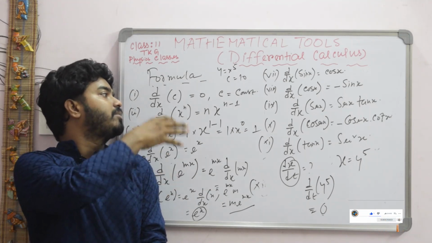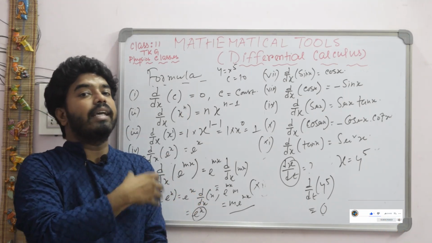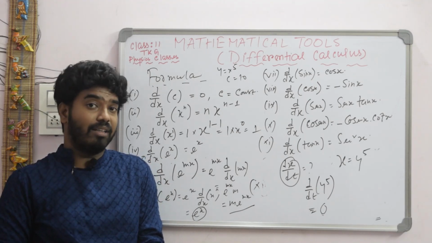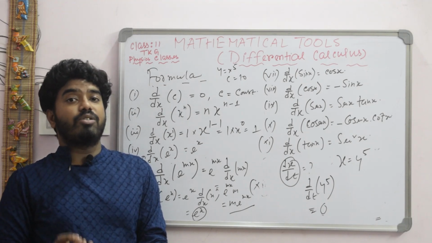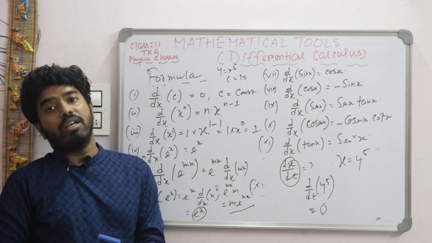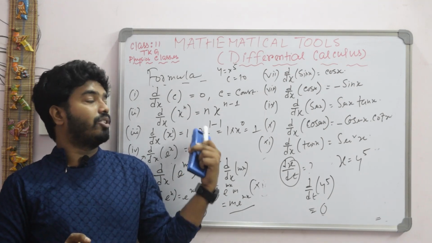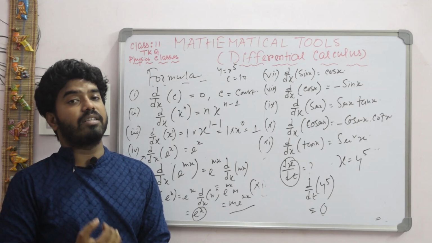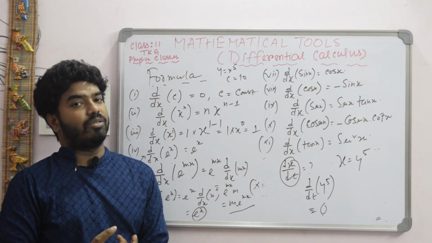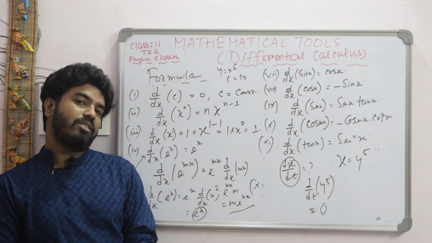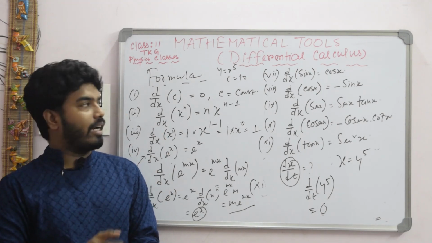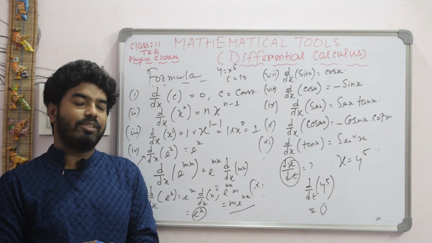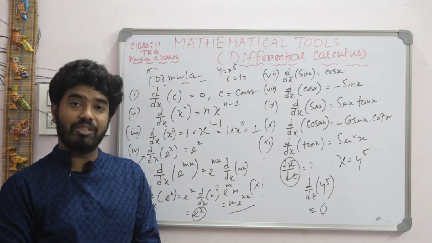You need to memorize this basic formula, and in the next class, in the next episode, we will solve some important numericals related to speed, velocity and acceleration, where we require this differentiation formula for calculating instantaneous speed, instantaneous velocity and instantaneous acceleration. So just practice it and memorize it. Then in the next class we will solve according to this formula, according to these rules, this differentiation formula. So this is all about the basic thing about differentiation.